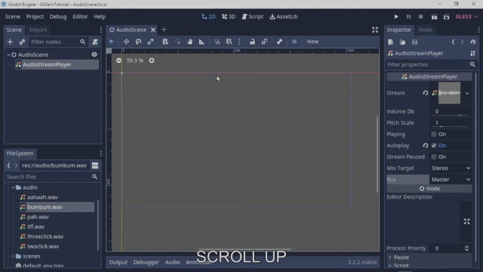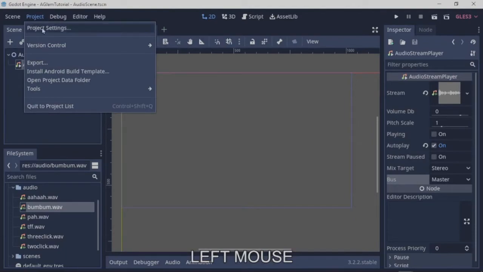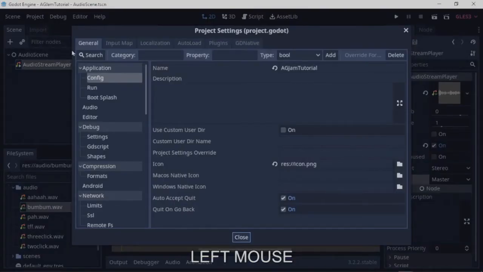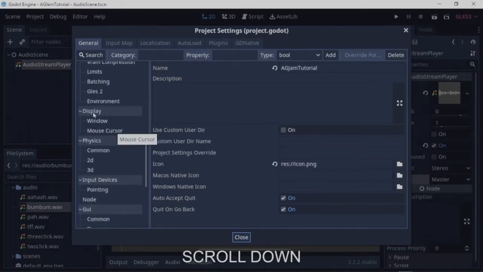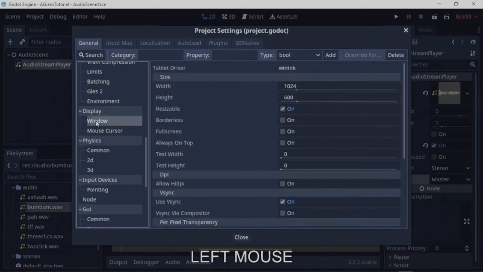Now that's the window essentially of our game, and we can change the size of that if we want, and I'll show you how to do that. We come up here to project settings, and a bunch of different options here. But if we scroll down a little bit, we'll get to display window. And clicking on that will give us a bunch of different